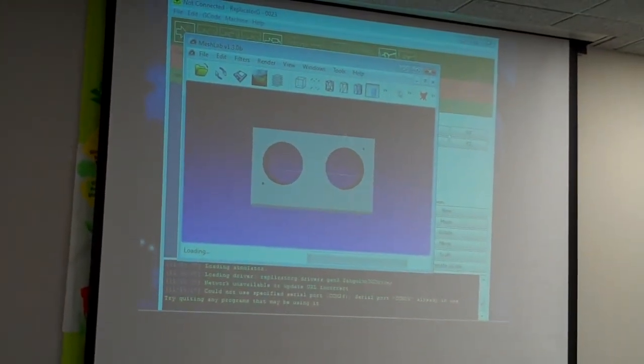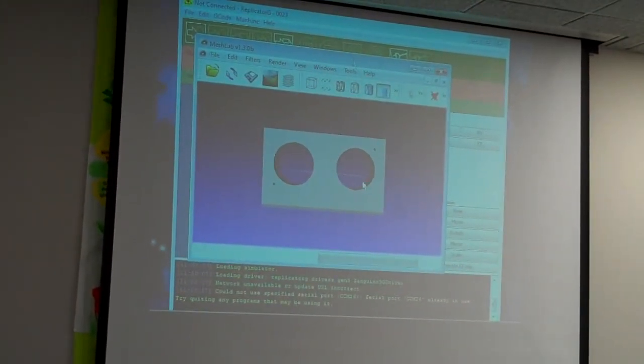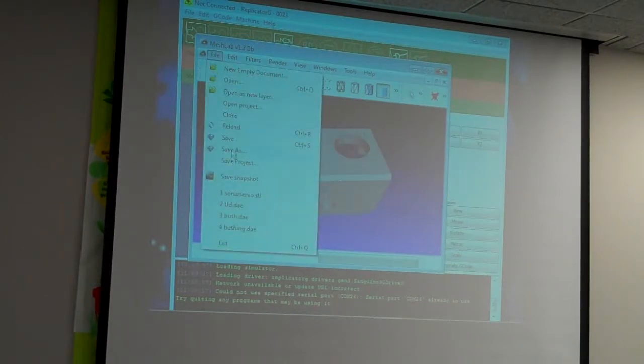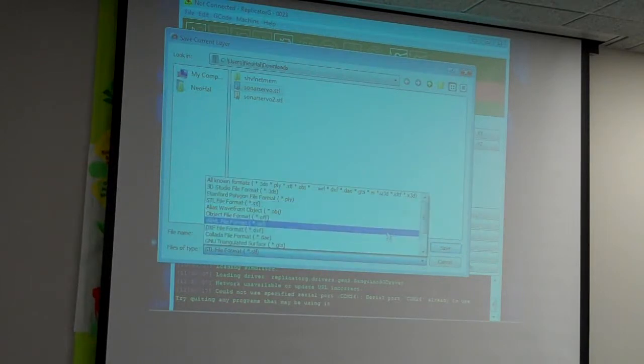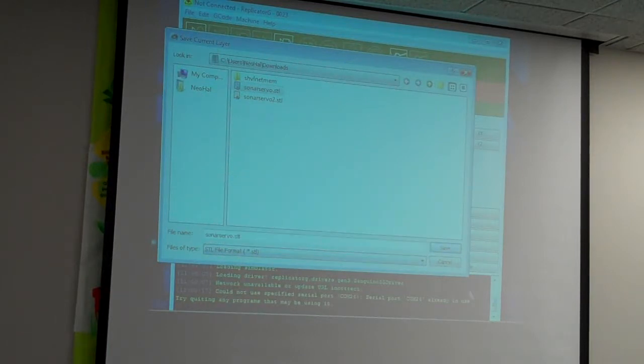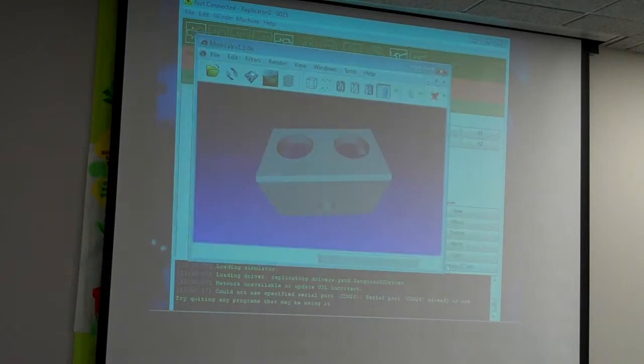Basically, I would import the DAE file into MeshLab, and then I would save it as, and you have a bunch of file formats you can choose. What I usually do is this STL file format, and we'd save it. And it would convert the file from the Google Sketch file into an STL file, which would now be printable in